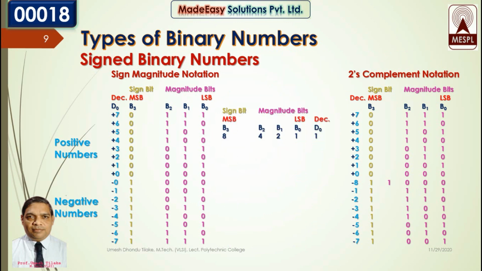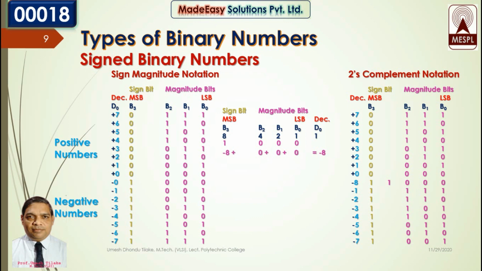Let's consider any negative number written in 2's complement form. So let's take 1 0 0 0, that is this one. So now these are the weights of the bits. 2 power 3 is 8, 2 power 2 is 4, 2 power 1 is 2 and 2 power 0 is 1. Now we have to use the conversion method, conversion of binary numbers into decimal. So multiply these with the bits. Now as this MSB is used to indicate negative sign, it will be minus 8, and 0 multiplied by 4 will be 0, 0 multiplied by 2 will be 0, 0 multiplied by 1 will be 0. So we can write it like minus 8 plus 0 plus 0 plus 0 is equal to minus 8.